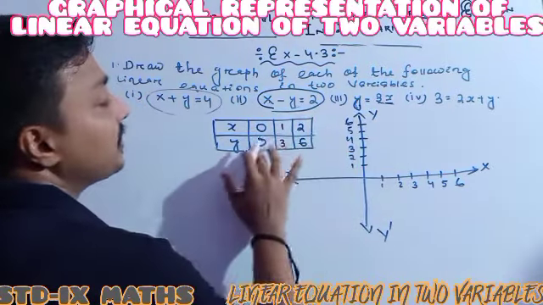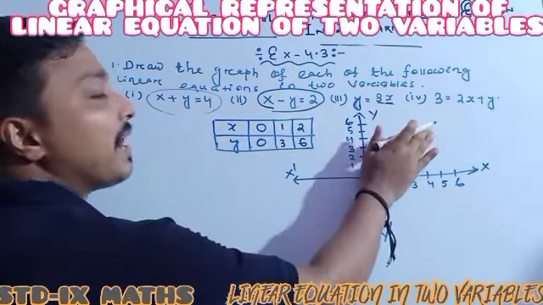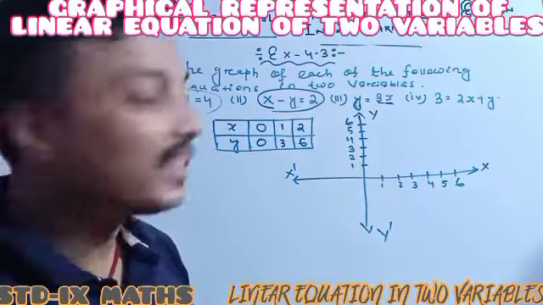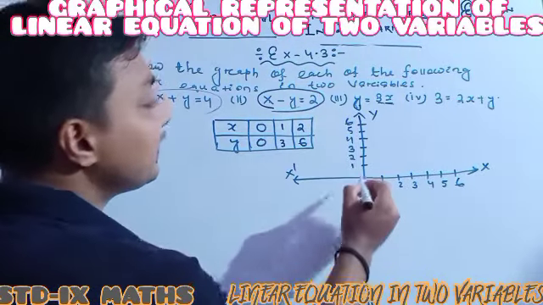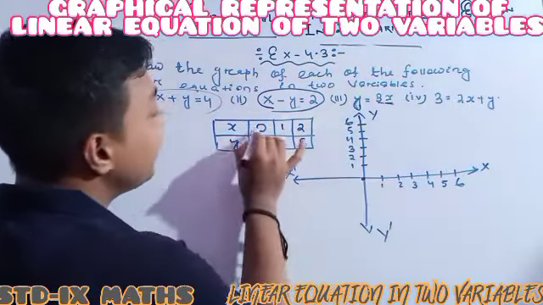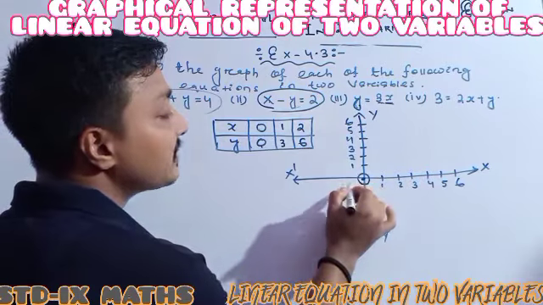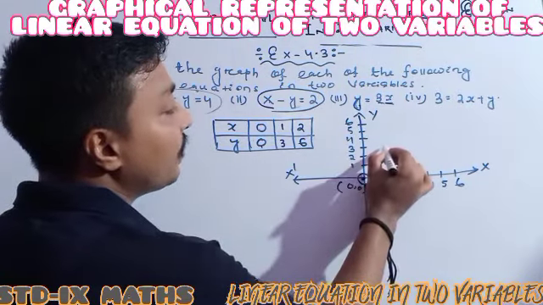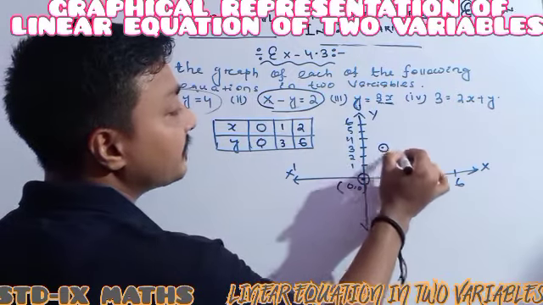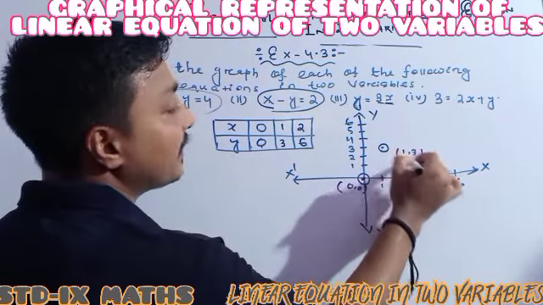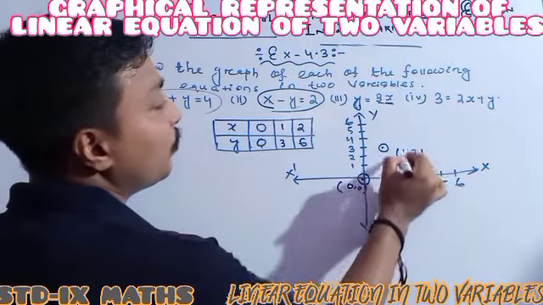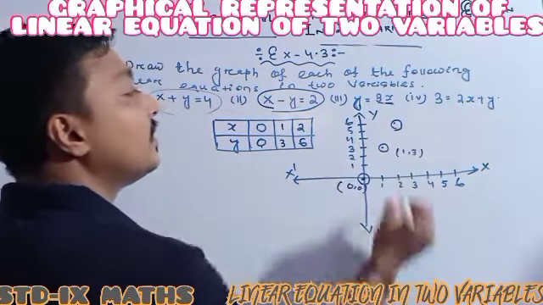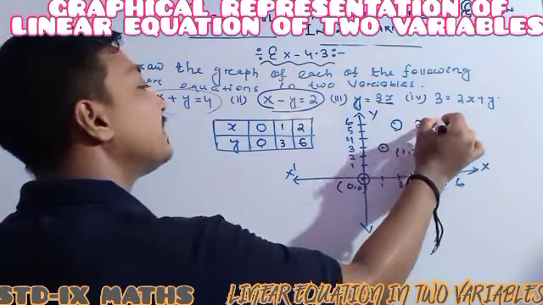As all are positive, I am taking the first quadrant, because within the first quadrant everything can be shown. The origin is 0. The first point is 0, 0, which means the point (0, 0). Then the next one is (1, 3), it is at here. Then (2, 6), the point is at here, this is 2 and this is 6.